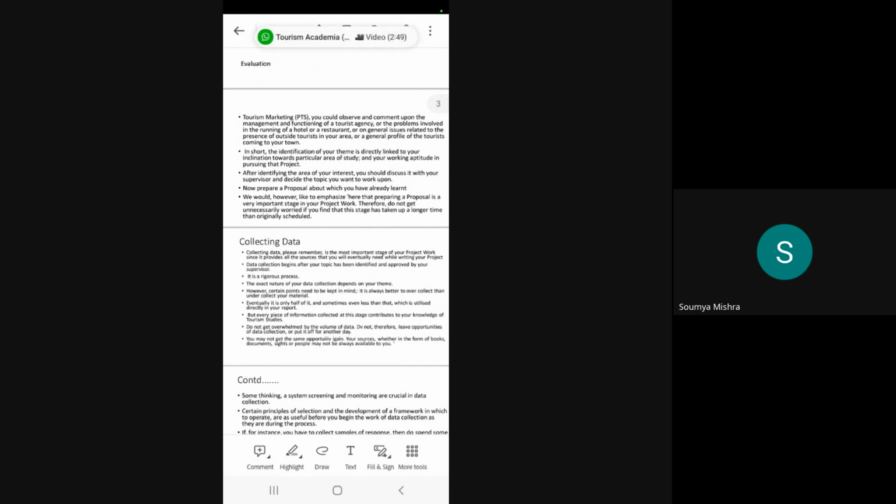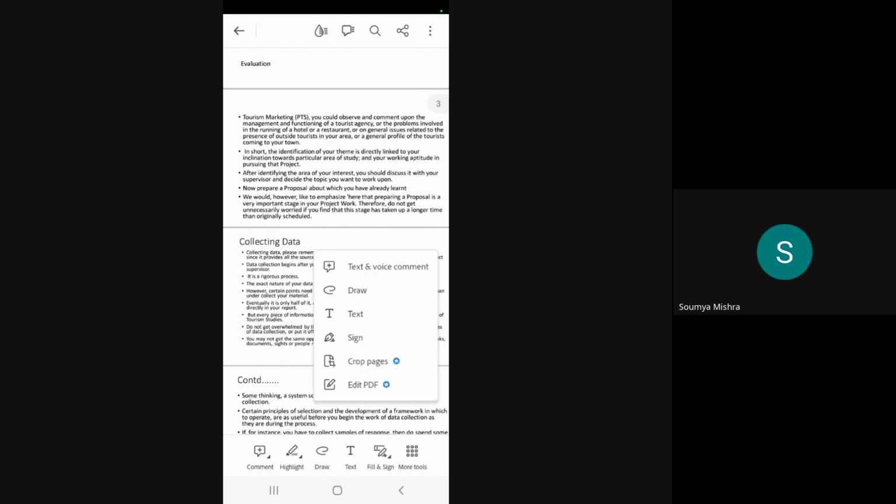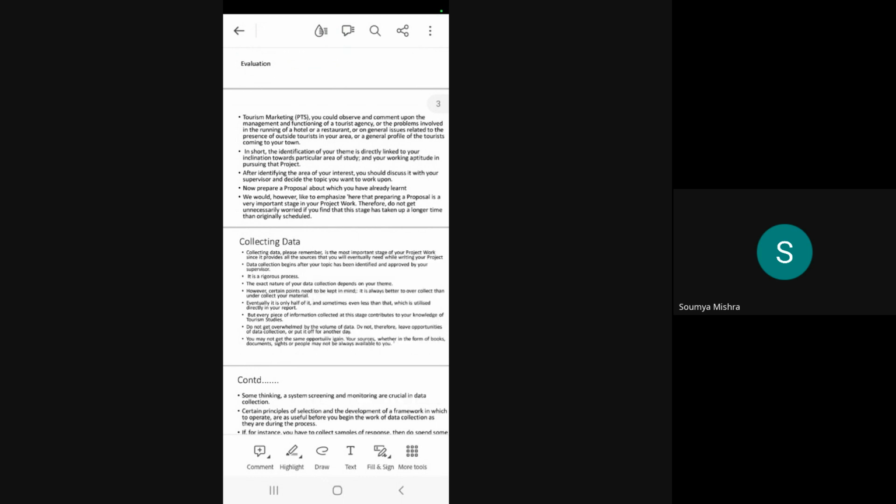Those are known as secondary data collection. And for primary, you will interact with the locals and the tourists and get the information. So that is how you have to proceed. Don't do the data collection yet, but you can write in the synopsis that we'll be collecting the data, and it would include primary sources of data as well as secondary sources of data.